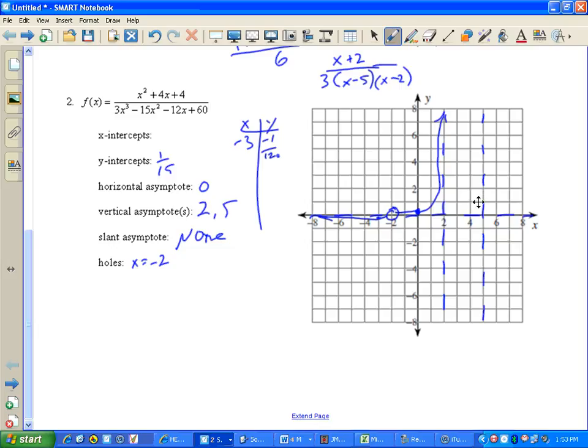Test some points in here. Okay, if I get a positive value, I know I'm going to make a U up here because there's no intercepts here, so I know I'm not crossing at all. So it's either going to be a U or an upside down U. So let's plug in 3. Here I get 5. Here I get negative 2 times 1 is negative 2 times 3 is negative 6. So negative 5/6